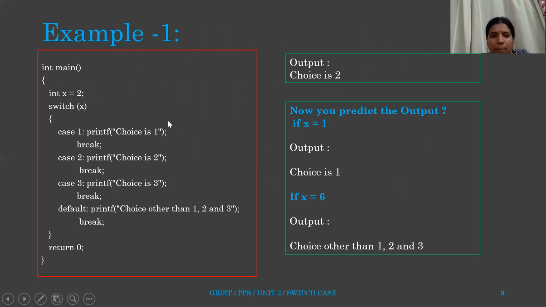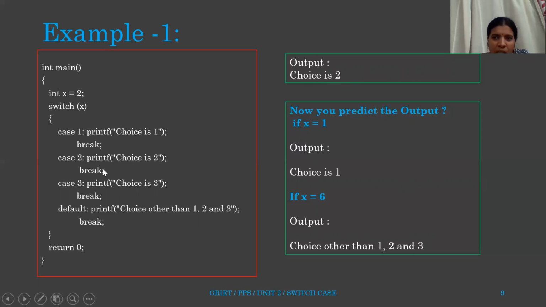So here is a simple example which we can look at to understand how a switch case behaves. X is given 2. Therefore, switch of X, so switch of 2. Now the value of X, that is 2, is matched with every label value. Label value is the case value associated with each case. The first case value is 1. So 2 is matched with 1. Is 2 equal to 1? No. Since case 1 is false, it doesn't execute block 1. Instead it goes to statement block 2 and checks the value. Is 2 equal to 2? Yes. So the output is: choice is 2.